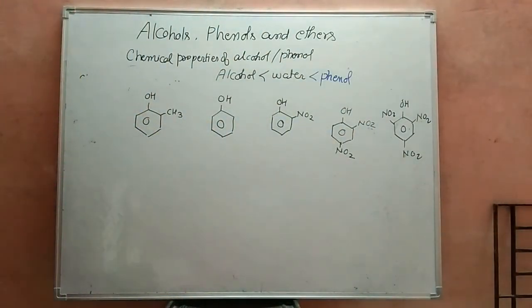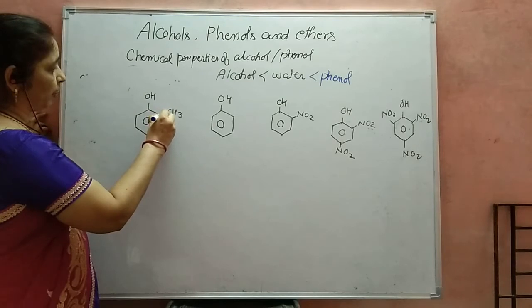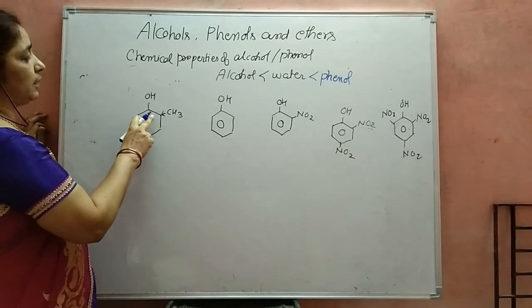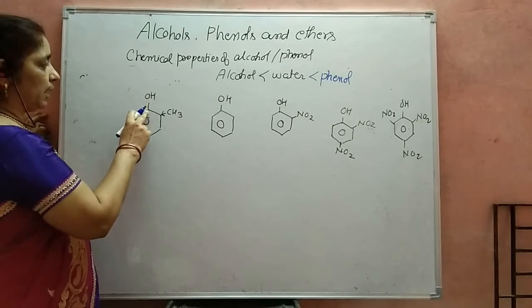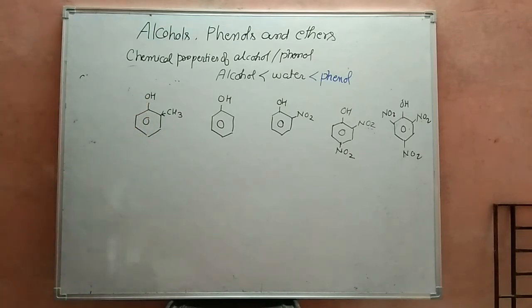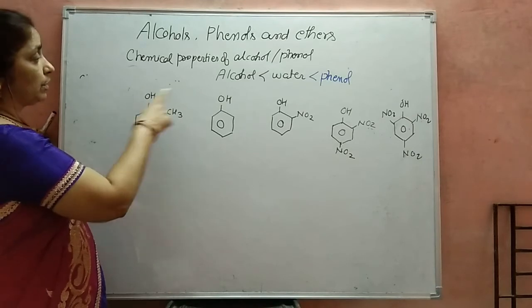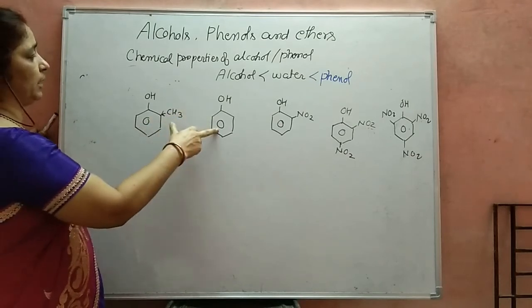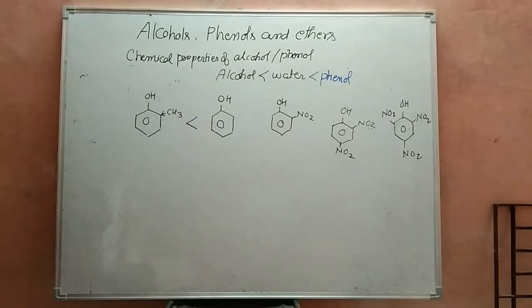See here. Here is the CH3 group which is electron donating group. It gives electrons to benzene. तो बेंजीन के पास यदि इलेक्ट्रॉन आ रहे हैं तो बेंजीन ऑक्सीजन के इलेक्ट्रॉन को अपनी ओर अट्रैक्ट नहीं कर पाएगा, करेगा लेकिन कम करेगा। इसका मतलब क्या है कि ऑक्सीजन के ऊपर पोलैरिटी डिक्रीज नहीं होगी, उतनी डिक्रीज नहीं होगी जितनी फिनॉल में होगी। डिक्रीज नहीं होगी मतलब if we compare the acidity of these two substances, so this one is less acidic than phenol. फिनॉल के कंपैरिजन में लेस एसिडिक है।